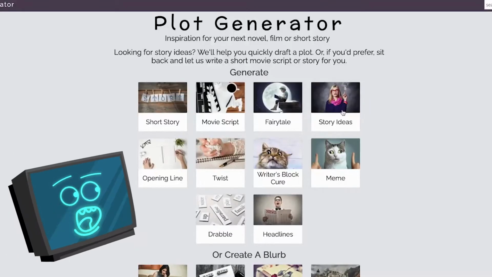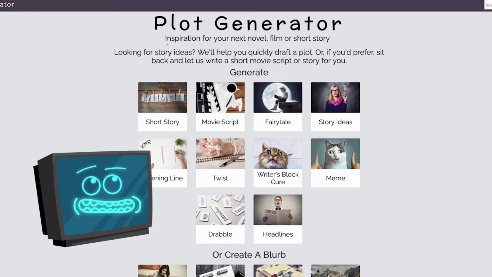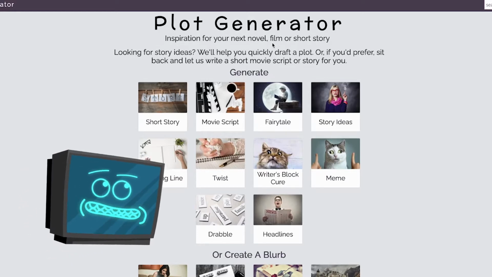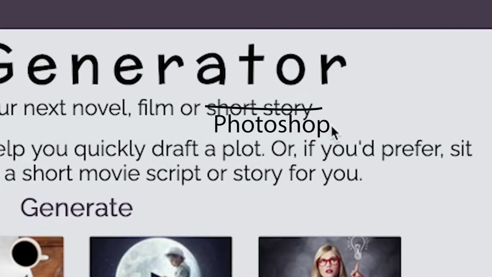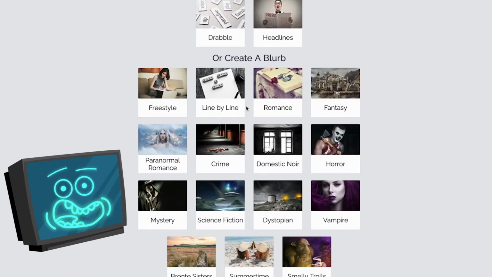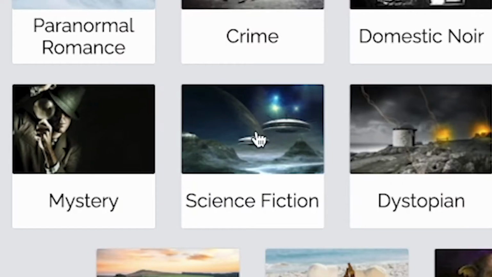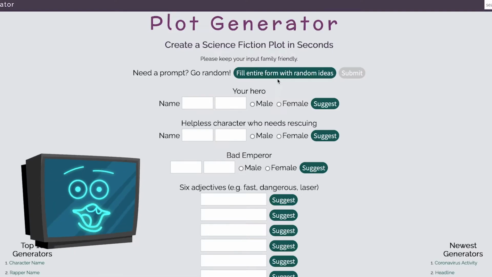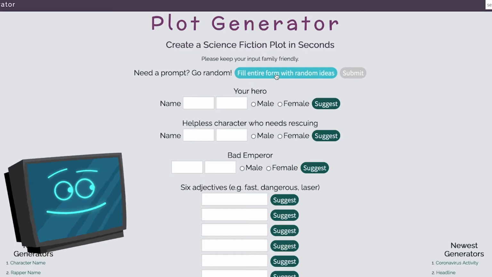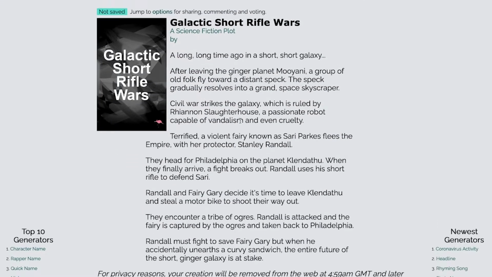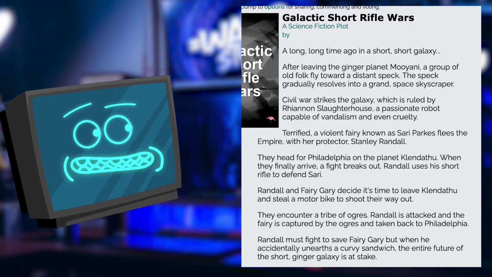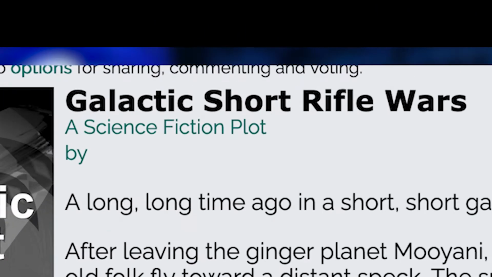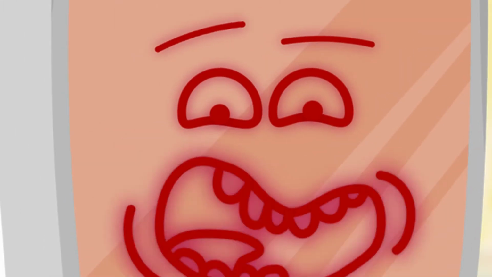Alright, I found this plot generator which generates random ideas and gives you inspiration for your next novel, film, or Photoshop piece. Okay, let's find something fun. I think we're gonna have best luck with science fiction. Need a prompt? Why, yes I do. Click for random ideas. And write me a sci-fi plot. Oh wow. Galactic Short Rifle Wars. A science fiction plot by...